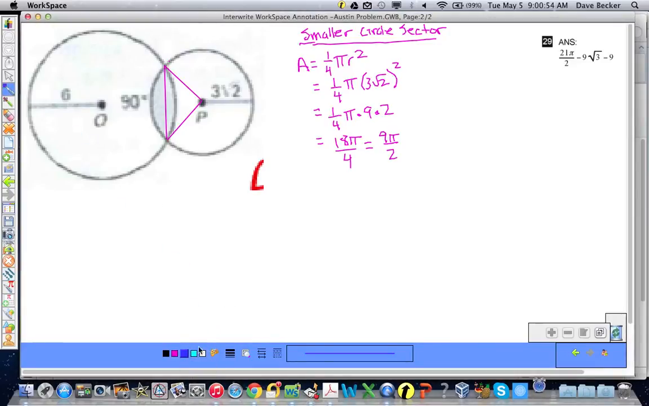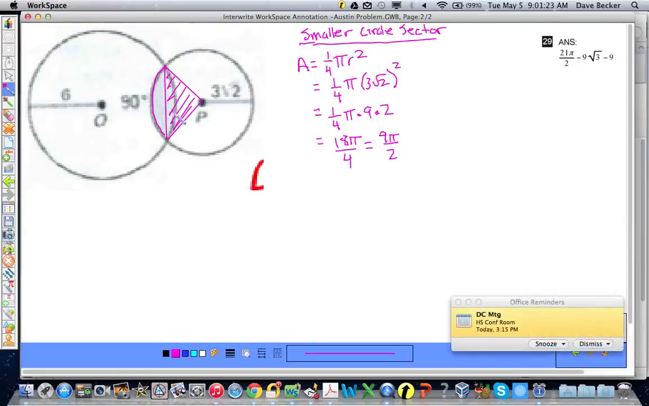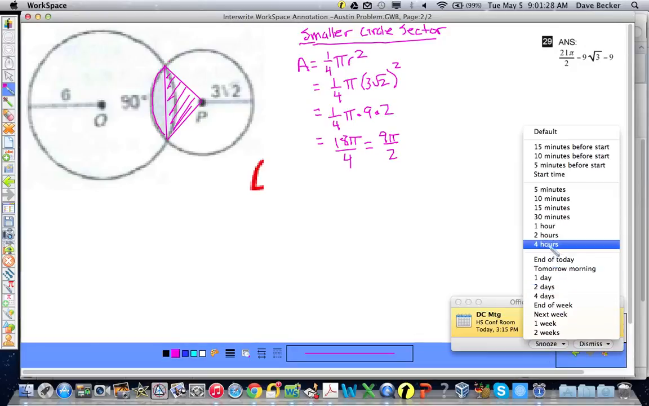If I can find, wait, let me back up. 9 pi over 2 is all of this area. I'm not going to color it in because I don't want to. It is all of this area, along these lines. It's the area of this sector. Well, if I can find the area of the triangle and subtract out that area,